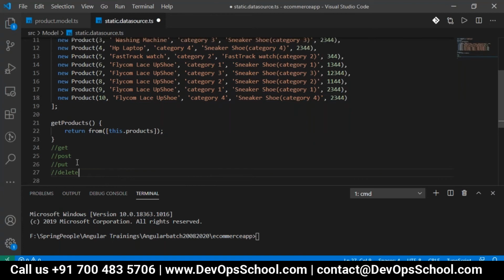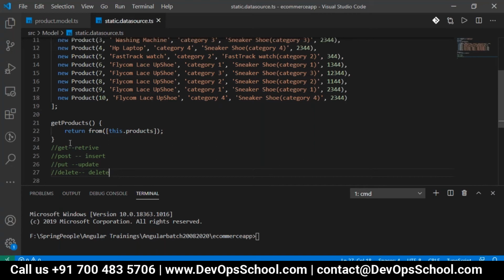The get method is to retrieve the data, post is to insert or add the data, put is to update the data, and delete is to delete the data in any REST API, either with Java, .NET, or Angular, any code.